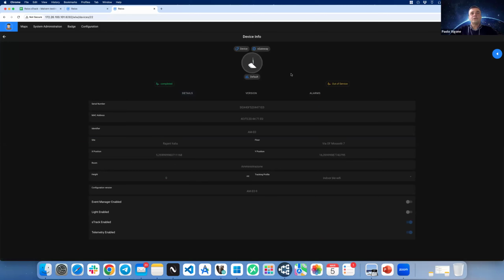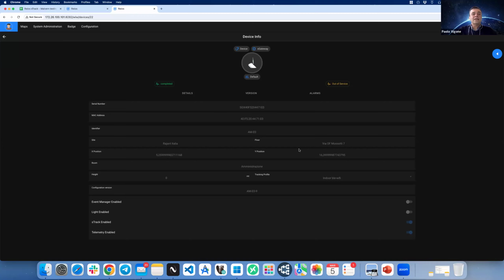In the device info, as Franco showed you before, it's possible to specify the serial number that is specific for that device. It's possible to assign to the device an identifier, an alias name, and it's possible to assign a position for the device